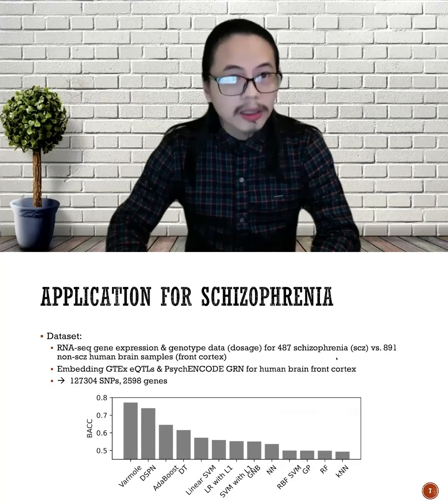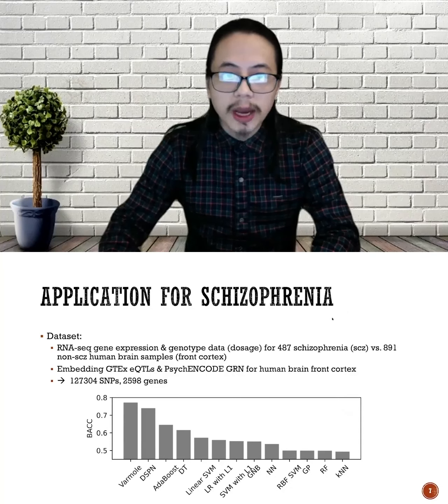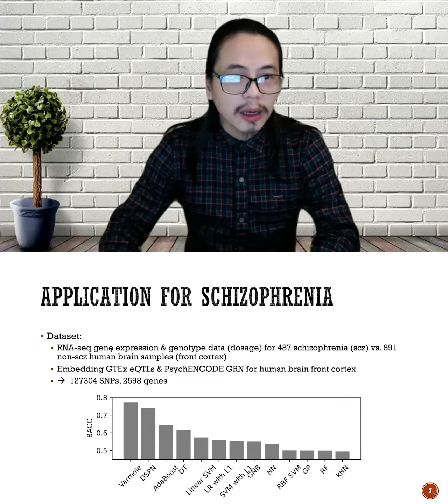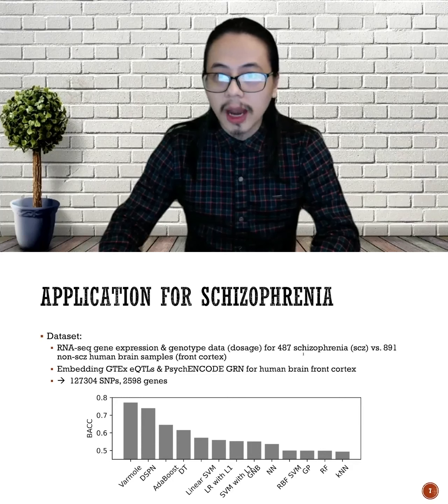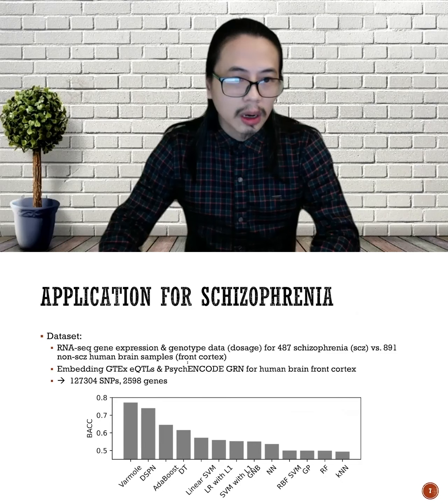So we applied Varmole for the classification of schizophrenia samples. The data set we use here is RNA-seq gene expression and genotype data for about 500 schizophrenia versus about 900 non-schizophrenia human brain samples. We also